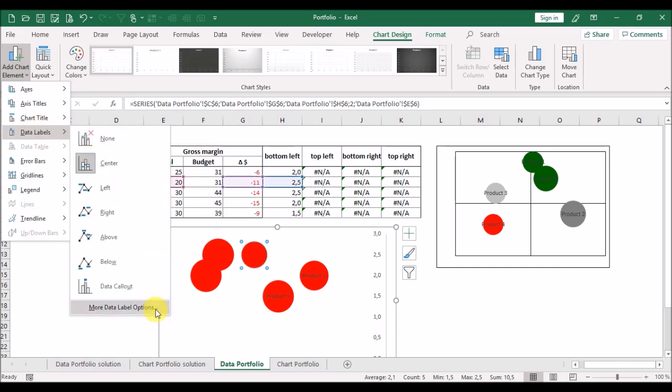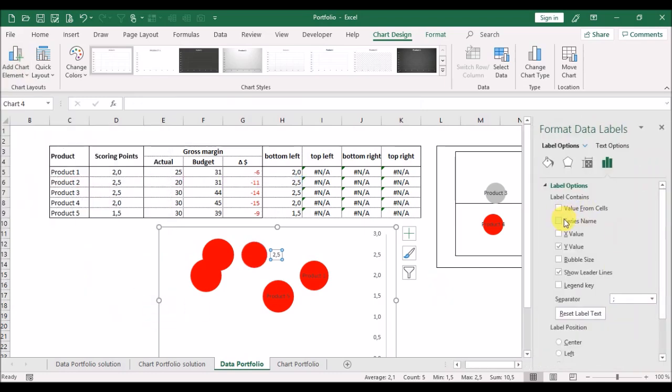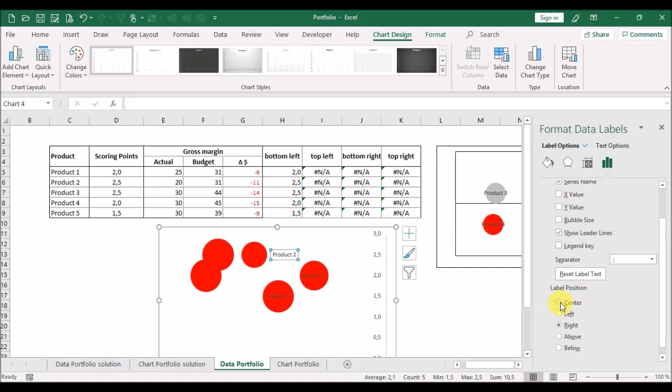Data labels, more data label options, series name, deactivate vertical value, label position at center.